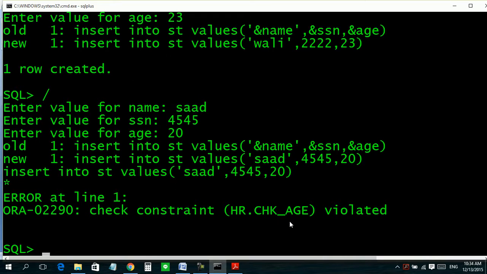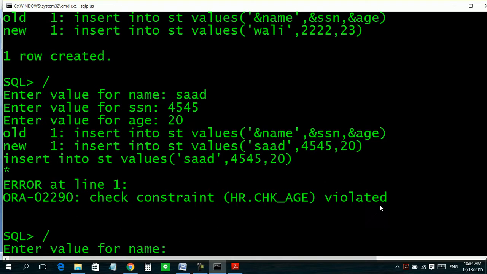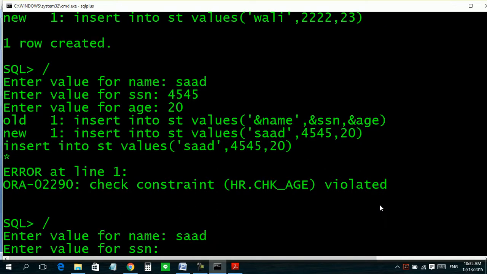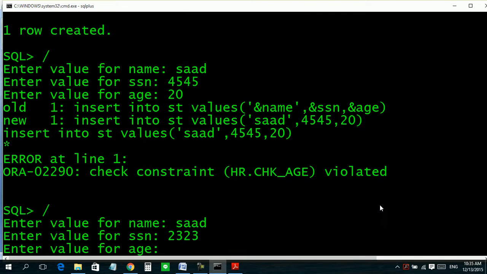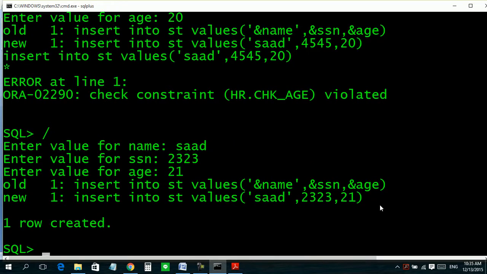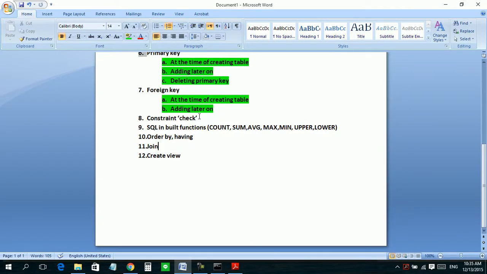It says that the constraint chk age is violated. So we see that we have now implemented the condition that the age of the student must be greater than equal to 21. If you have some doubt, let us see: 2323, age 21. Yes, it will take. Okay, so we have completed this portion also.